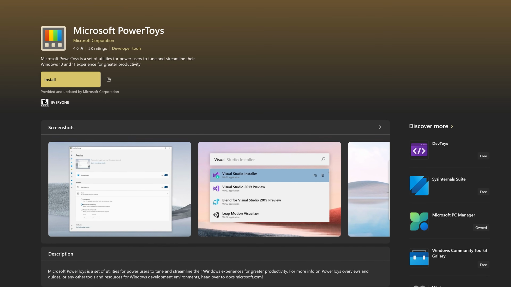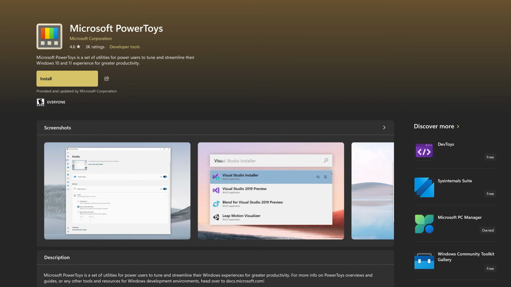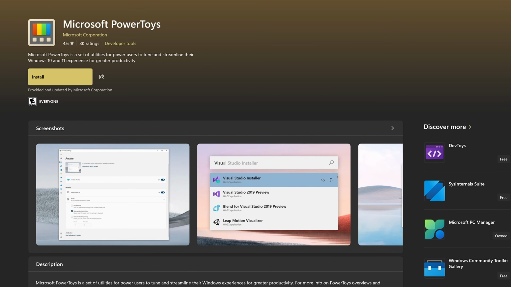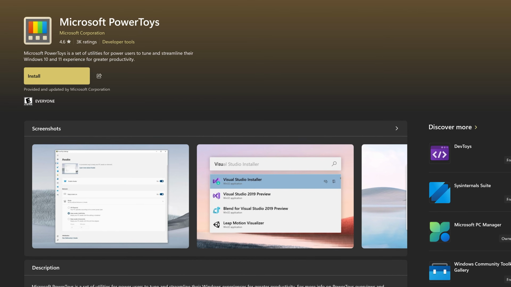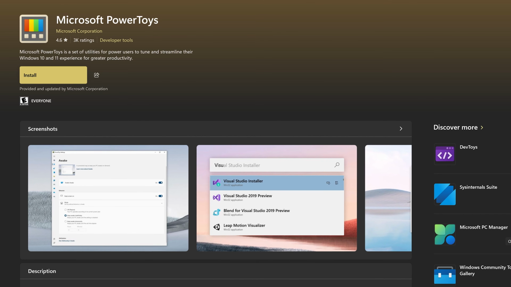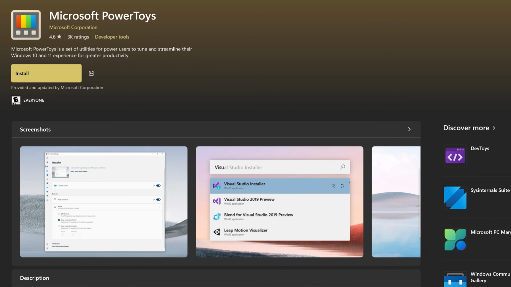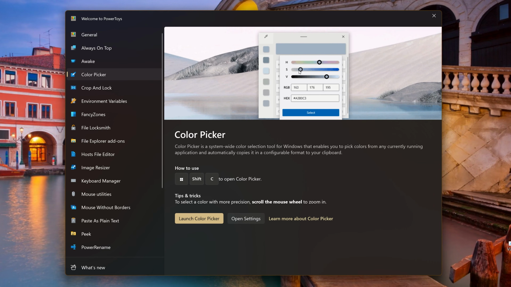Next up is Microsoft PowerToys. I'm sure there are some of you getting tired of me mentioning it, but not mentioning it in a video like this would be tech malpractice. This app includes a ton of useful tools geared towards power users to enhance the experience on Windows in various ways. Some of the tools I use include the color picker, which allows you to select a color to find